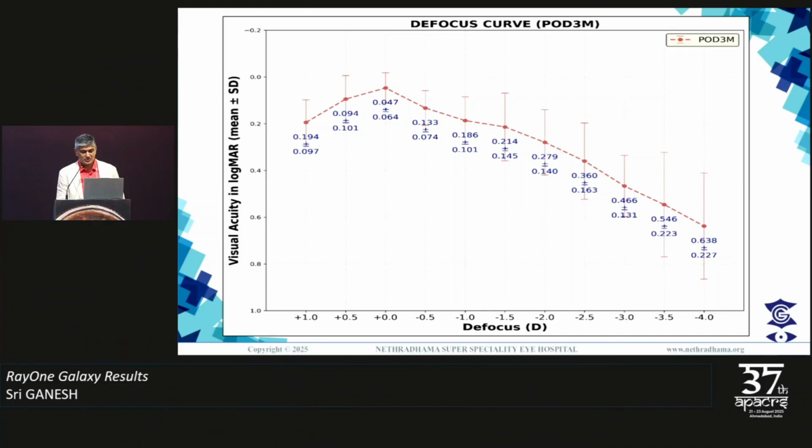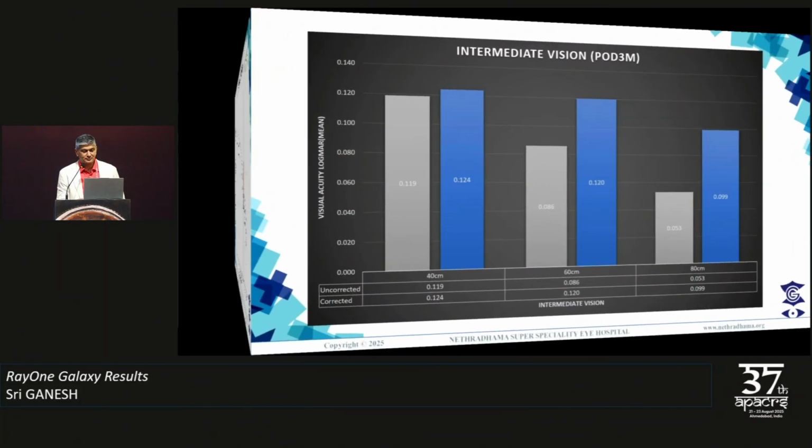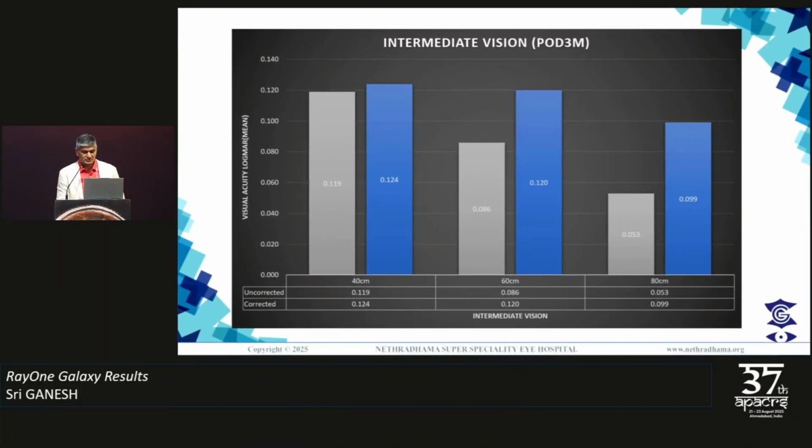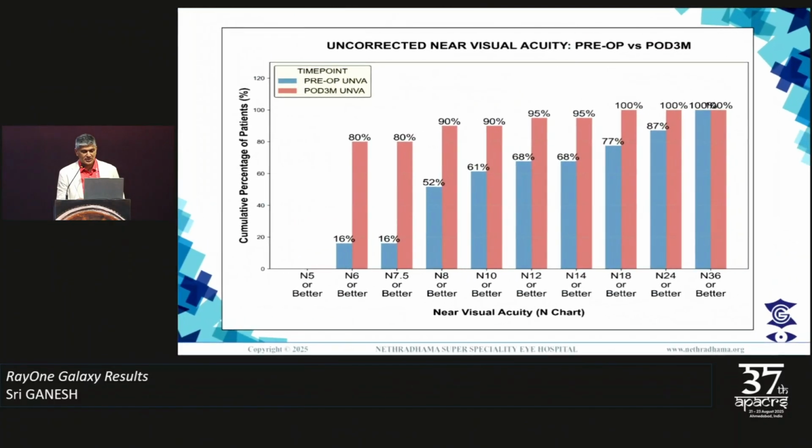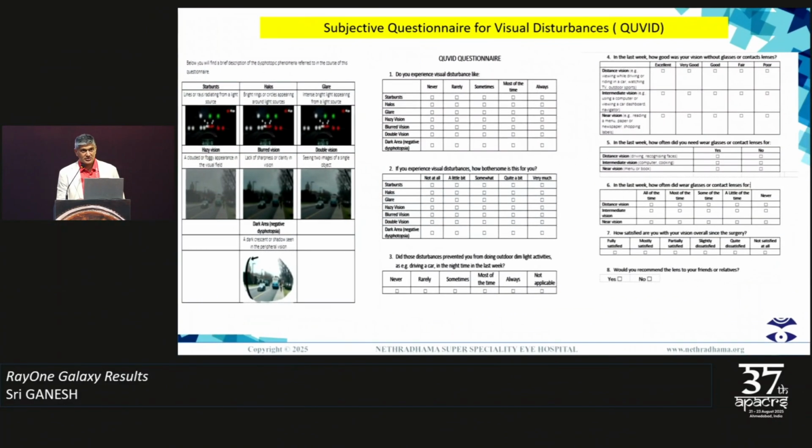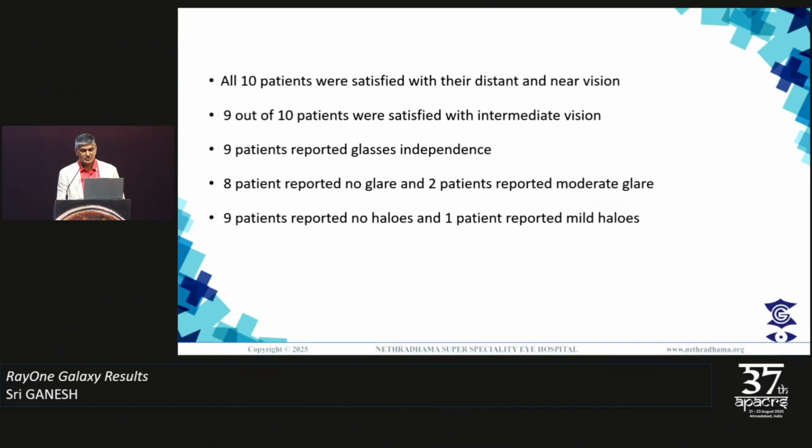This is the defocus curves showing a smooth defocus and almost more than 2.5 diopters depth of field. This is the intermediate vision. It's pretty good at 40, 60, and 80 centimeters. Better at 60 and 80 centimeters. This is the uncorrected near visual acuity, and you can see that 90% have N8 and 80% have N6. This is the subjective questionnaire for visual disturbance, and all 10 patients were satisfied at 3 months